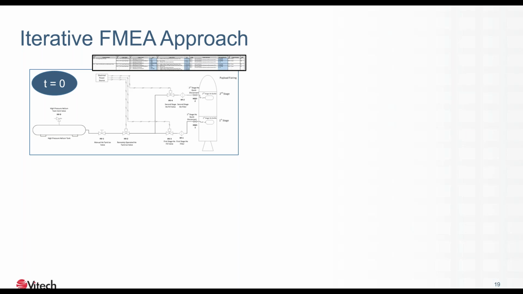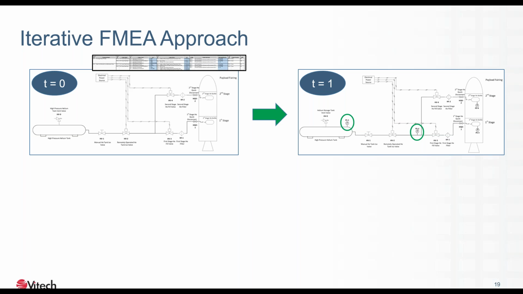And then, you know, we move on to the next phase of our project lifecycle. There might be a time at some point in the future where we say, oh yeah, part of what we just talked about was we need pressure transducers upstream and downstream of HV2. So I need to make sure I have those in my physical architecture. As part of the next iteration, I'll start to update my physical architecture based on the results of the